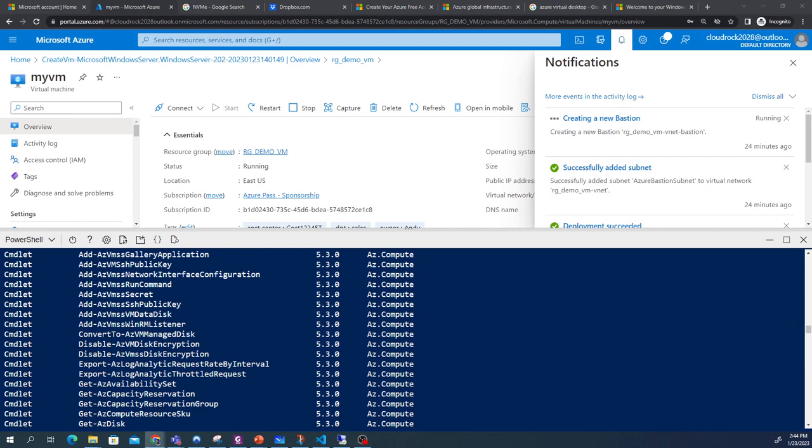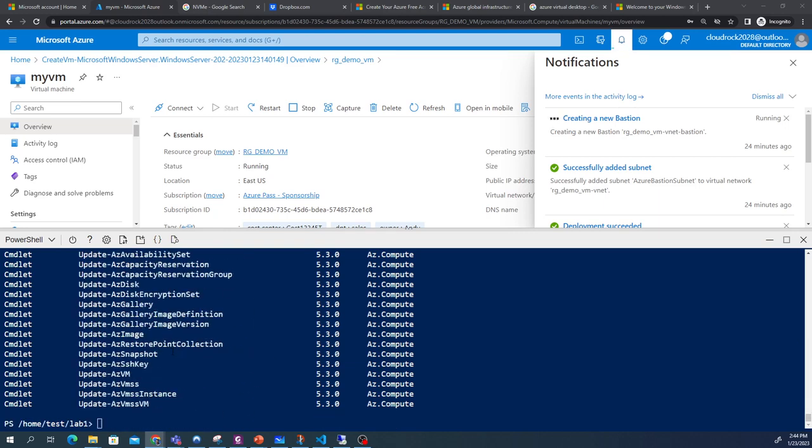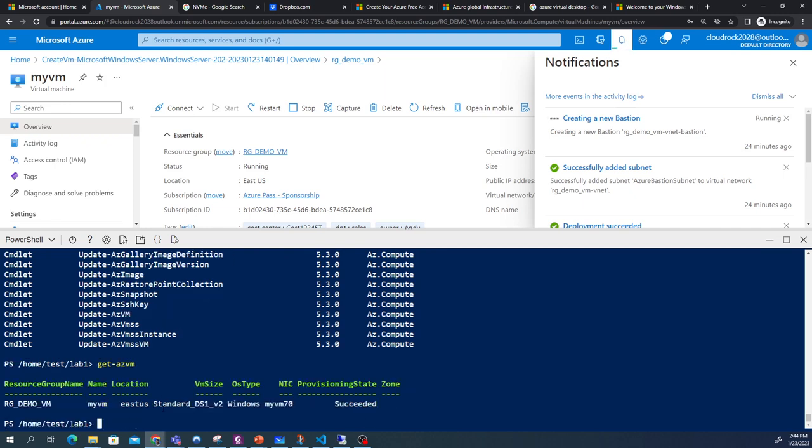Okay, so if I want, for example, to get all my VMs, I do Get-AzVM. And if I do that, it will show me only one VM, the VM I created just before. Okay, I can see the NIC, the OS type, but I can have more than that, okay? Because if I do a Get-AzVM,